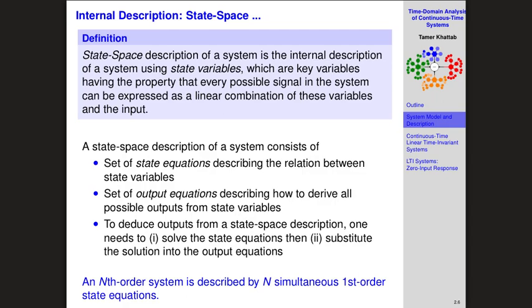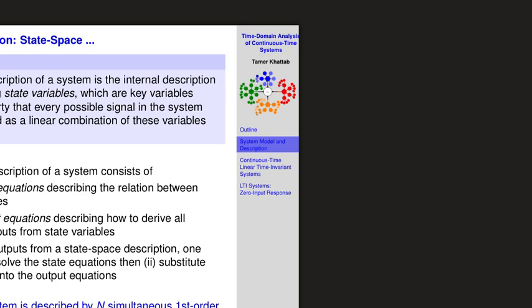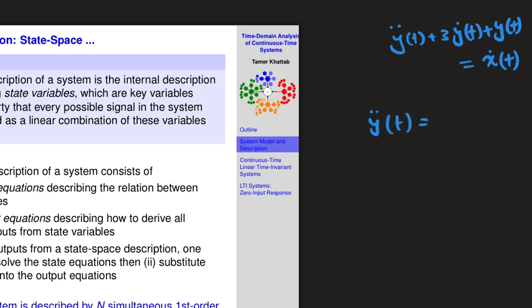The simplest way to understand why this is the case: if I have something like what we had in the previous slide, for example, y double dot of t plus, let's say, 3 y dot of t plus y of t equals, let's say, x dot of t, and this is a state equation, which is a second order equation, I can simply break this into two equations. I will just call y double dot, I will call this something like z